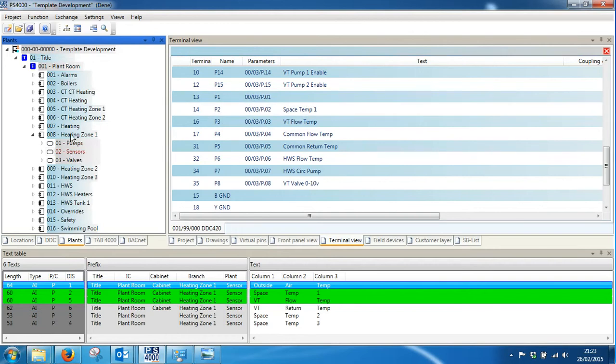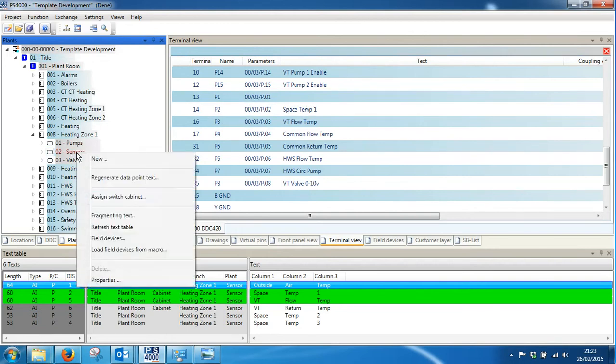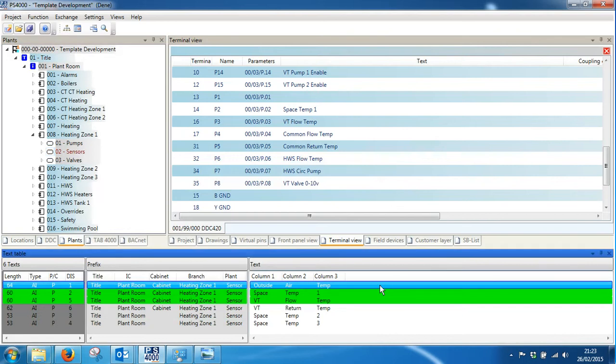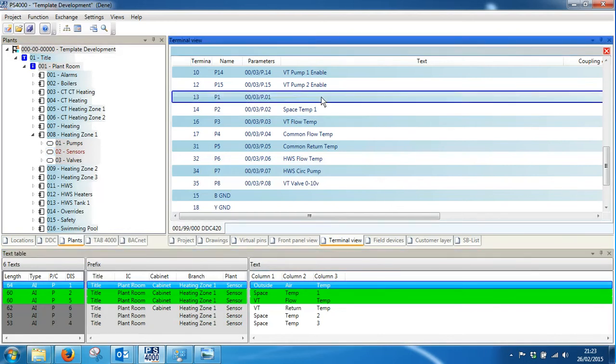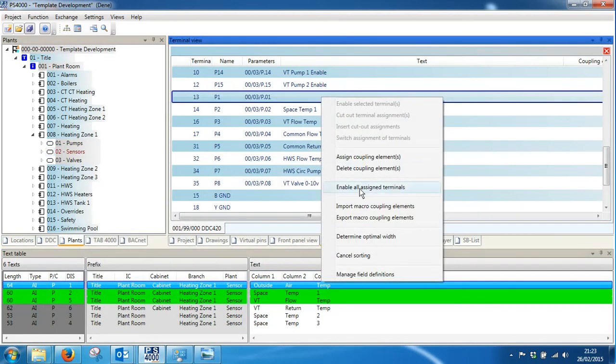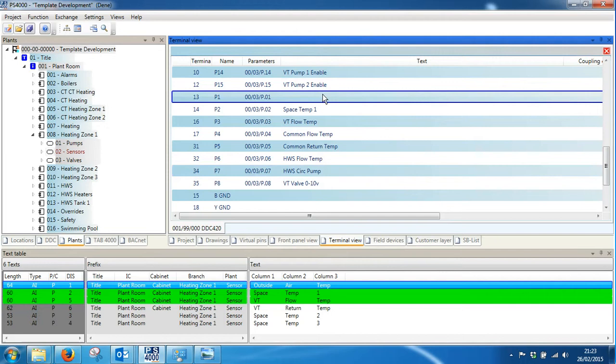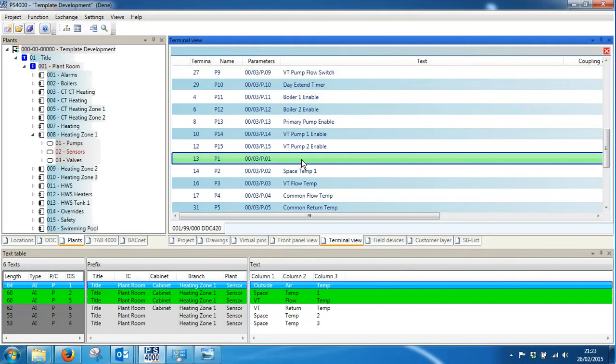I find my heating zone, and I refresh the text table on the product category where I can find my sensors, and I will find an outside air sensor. I will enable the terminal by decoupling anything that's on it, just to make sure the database is clear on that point, and then I will drag the outside air sensor onto